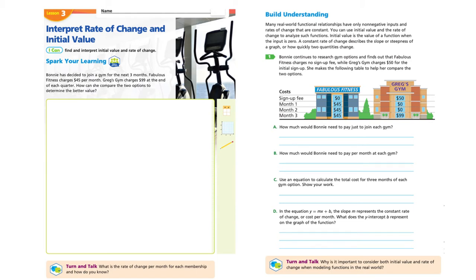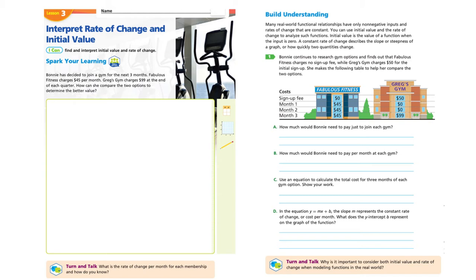So let's look at the spark your learning. Bonnie has decided to join a gym for the next 3 months. Fabulous Fitness charges $45 per month. Greg's Gym charges $99 at the end of each quarter. How can she compare the two options to determine the better value? They give you some ideas here, make a table, make a graph. So they're asking you to get some graph paper and use a pencil and figure those things out